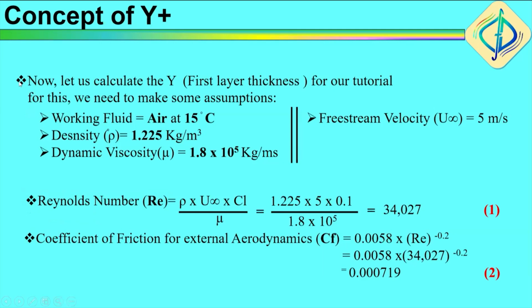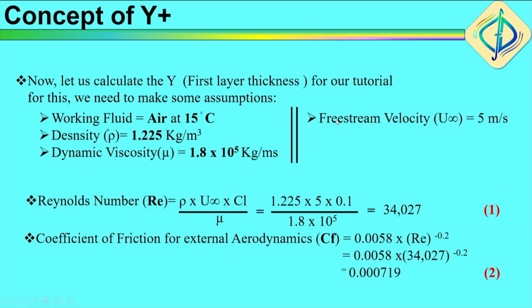Okay, so you can find various Y plus calculators as well. But if you want to manually calculate your Y plus value, there is a particular way to do that, provided you make some assumptions. First thing, the working fluid that we are considering here is air at 15 degrees. The density of air is 1.225 kg per meter cube, and the dynamic viscosity of this fluid is 1.8 into 10 to the power minus 5 kg per meter